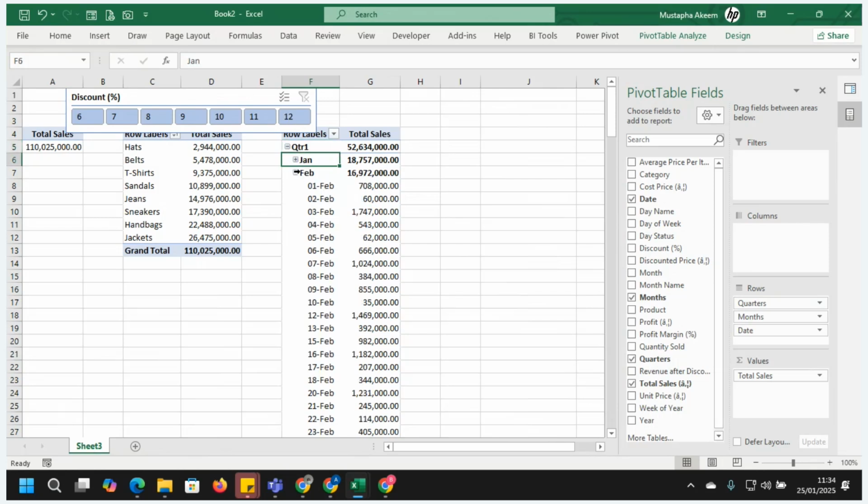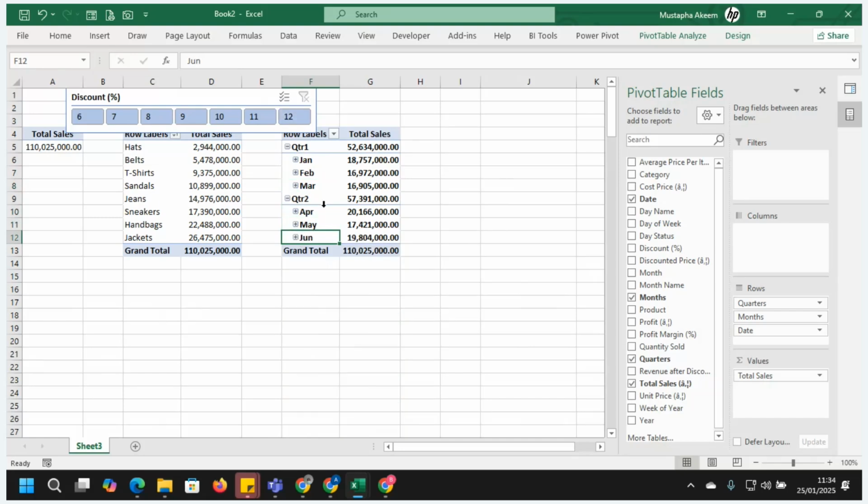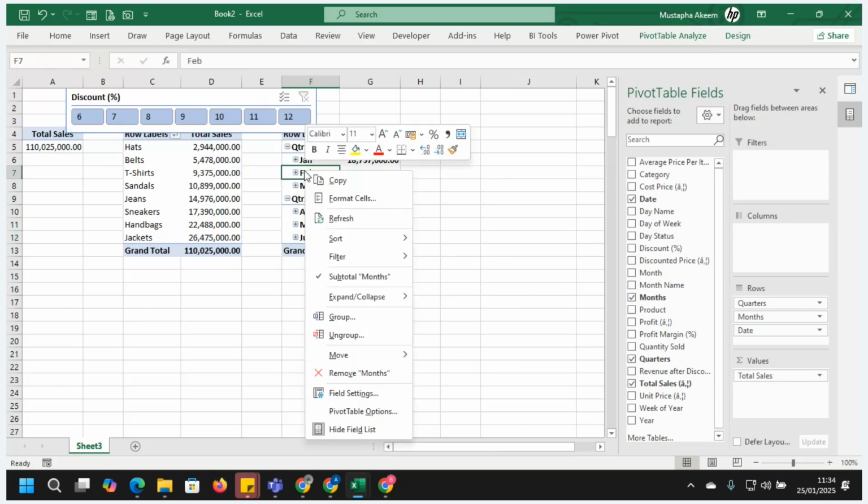This is February, that's under quarter one. As you see now, we're able to collapse this under quarter two and then quarter three. So if yours is bringing the entire data, you can go ahead, right click and group. If you want to ungroup, you can also right click and ungroup.